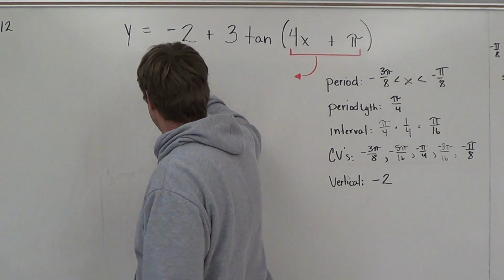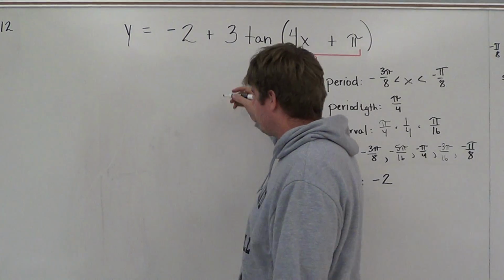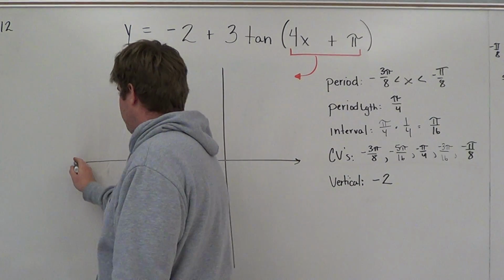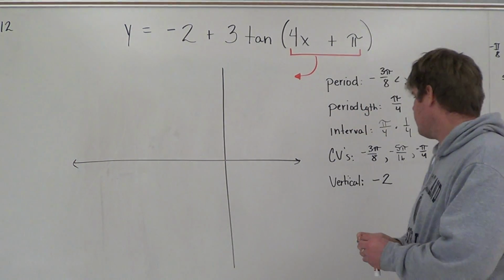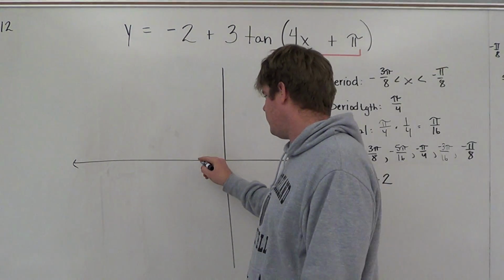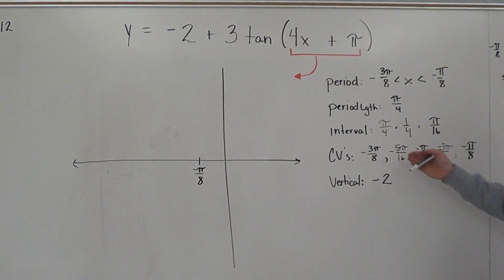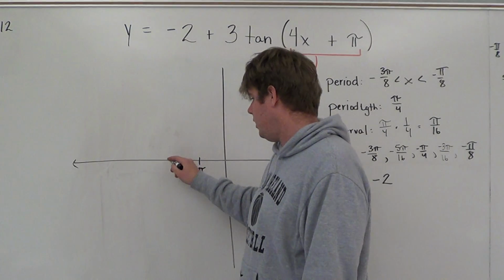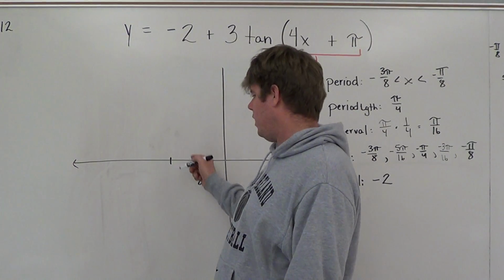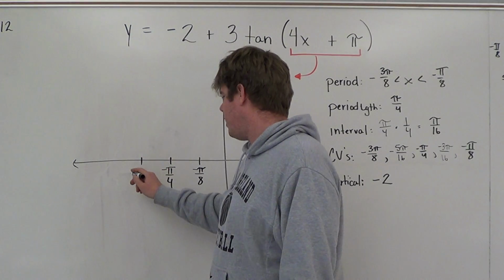So on this board here, keeping in mind that my interval is negative, I'm just going to alter what my graph looks like. This graph is going to start off over here. It may have a little bit longer of a negative than the positive. But what I want you to note here is where I start. I start at -pi/8, so I'm going to say that -pi/8 is my endpoint. And I go all the way out to -3pi/8, which is nice: -pi/8, -pi/8, which is -2pi/8 or -pi/4, and then another -pi/8,